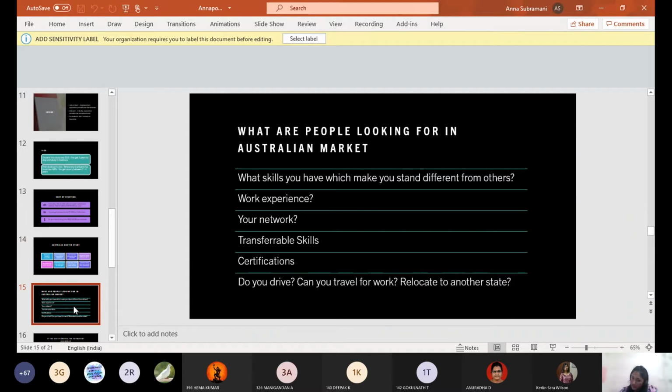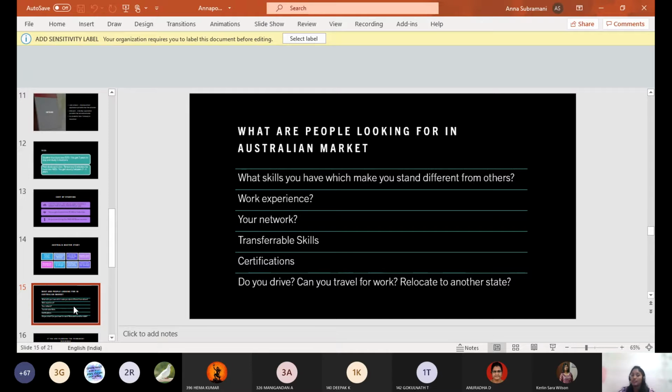Talking about the Australian market, to be frank, what people look at in master's graduates is what skill you have that is different from others. Everybody here who applies for a job, most people would have a master's degree, so they see what you have different from that. And do you have work experience? Being a master's graduate, sure, you wouldn't have much work experience. But as I mentioned, your volunteering experience and your internship count as work experience. And your professional network: whom do you have here as a reference? Whom do you know? Where have you been? All the events you have participated in. They may ask in the interview.